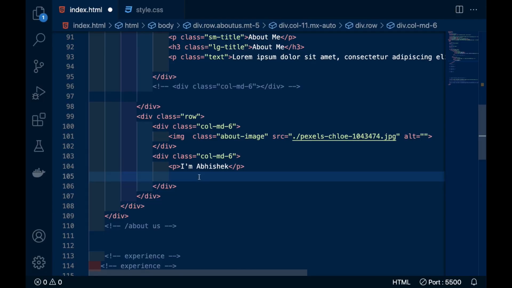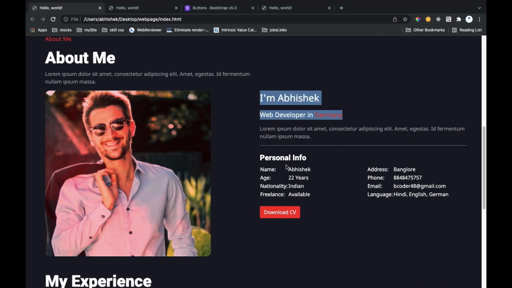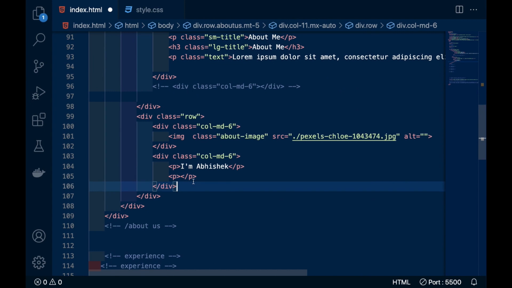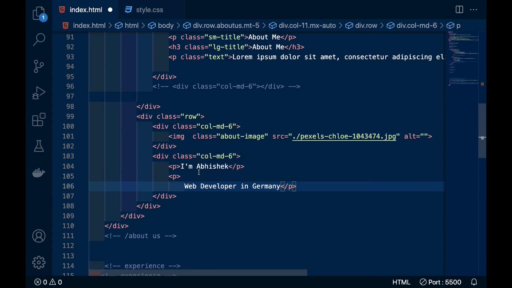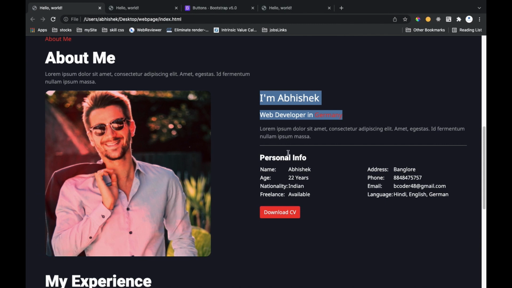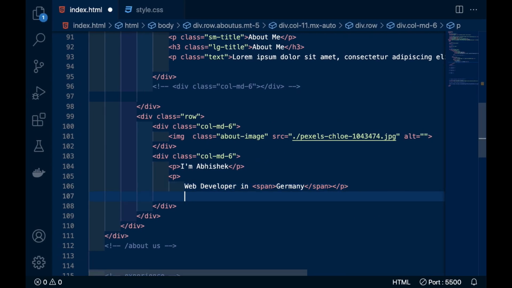So now another paragraph, and that is web developer, and inside this a span, because I will change the color of this Germany to red, and then a random text here.